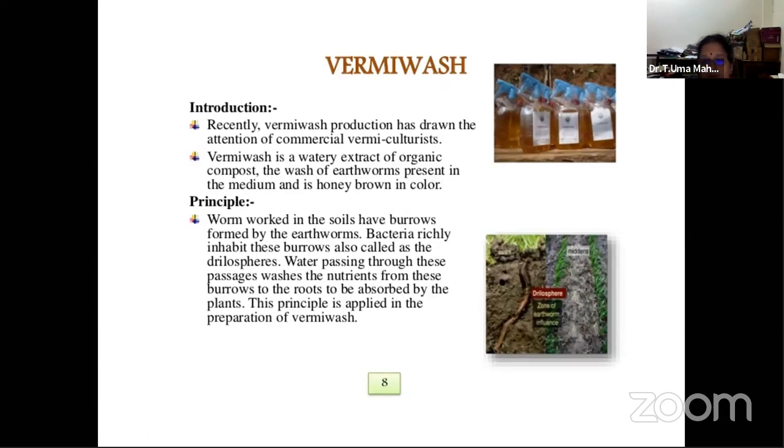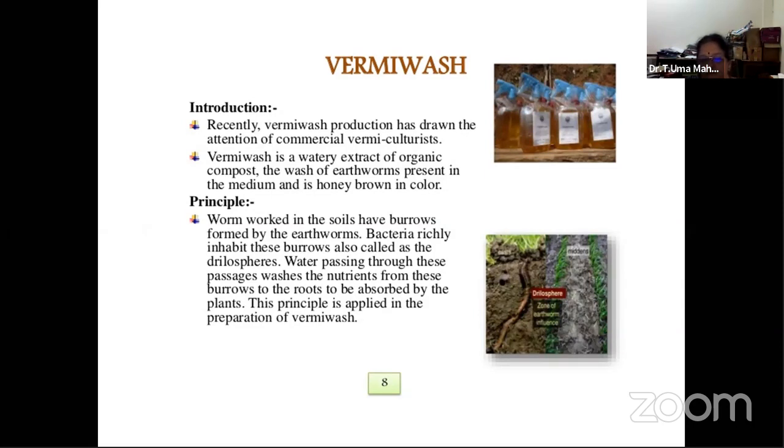Now, already I told you about vermiculturing or vermihatchery. That is just to produce the worms and sell them. That is one type of business. Then the second one is vermicomposting, where you produce material in quantity to supply to the orchards or vegetable growers or fruit growers or any roof gardens or whatever.